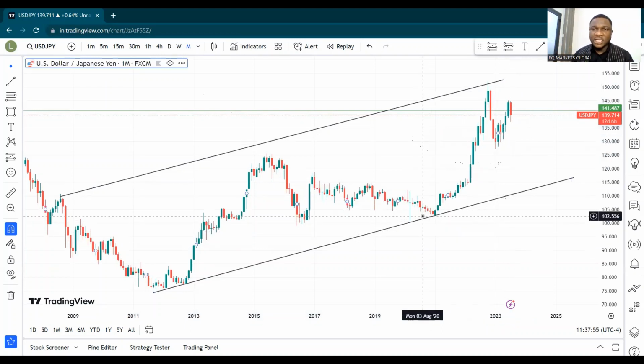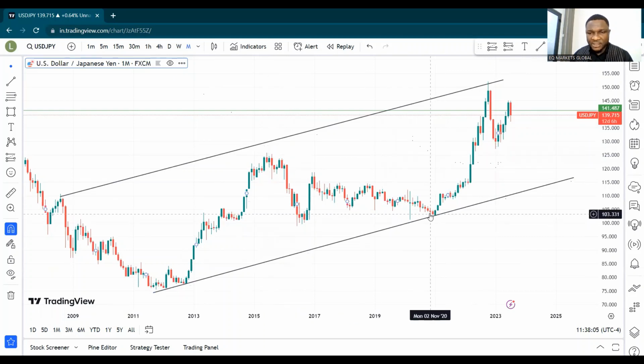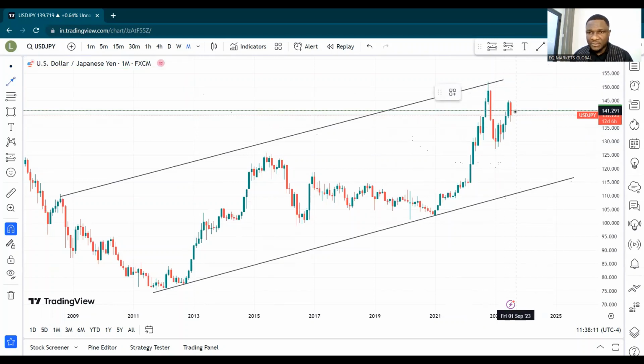So I got a trend line channel, and of course, if price were to obey this trend line channel after bouncing off from here, and significantly around this zone and back into the lower band of the trend line channel and again to the upper band, literally anyone will be expecting that USDJPY is coming all the way down here. Beautiful. Now, of course, that is exactly what we would be expecting.